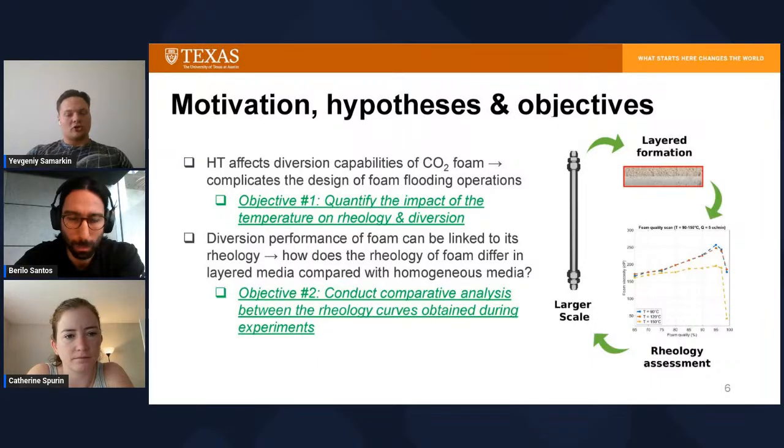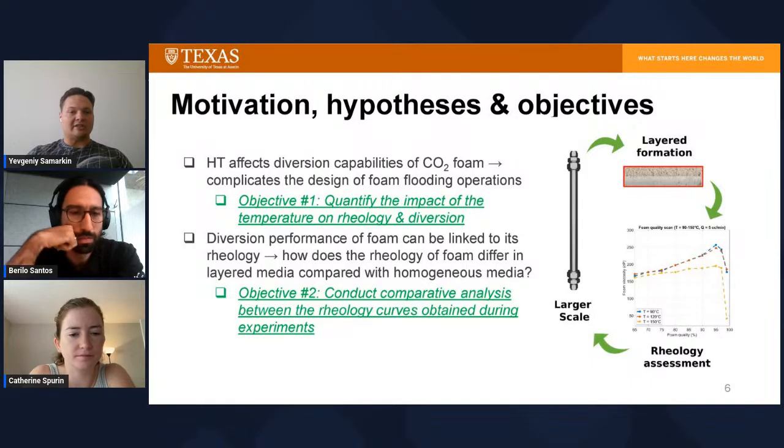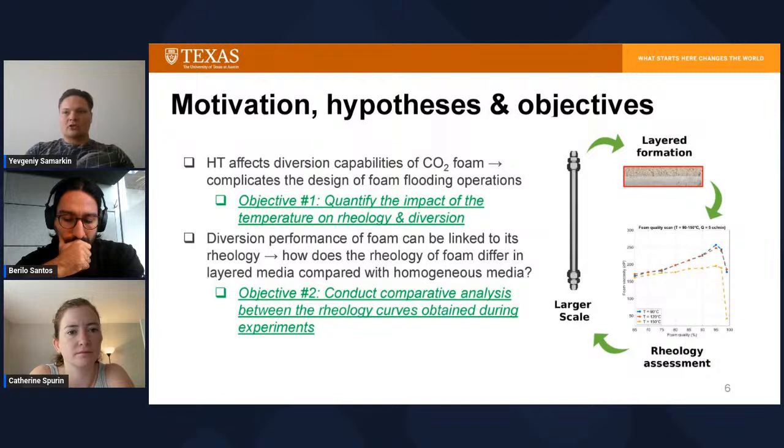So, and also at some high temperature and pressure conditions that we can typically observe in the reservoir. For this specific work, we had basically two hypotheses or two objectives. First of all, we wanted to quantify the impact of the high temperature on the diversion capabilities of carbon dioxide foam. Essentially, we wanted to study whether the rheology will be affected, or in general, the diversion performance